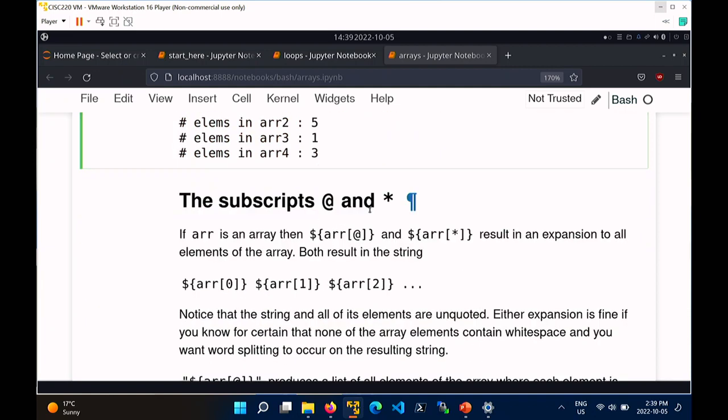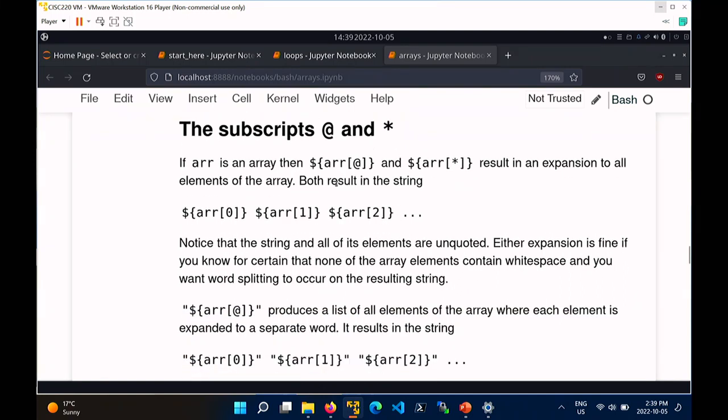Okay, so what does this @ mean? When you write the name of an array with the index @, and there's a $ in front, then what that does is it expands all of the elements of the array into a giant string. So $, squiggly bracket, array, square bracket, @ or *, both of these do the same thing. They result in an expansion to all elements of the array. So both result in the string,